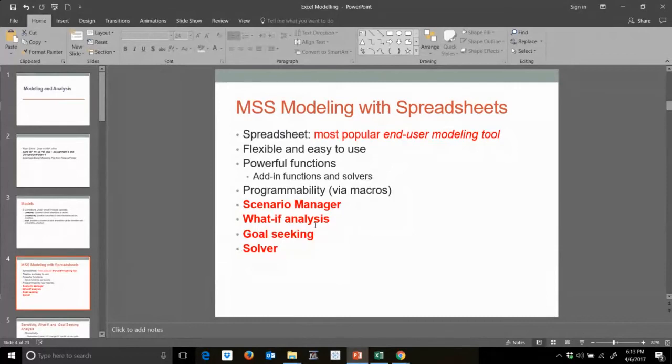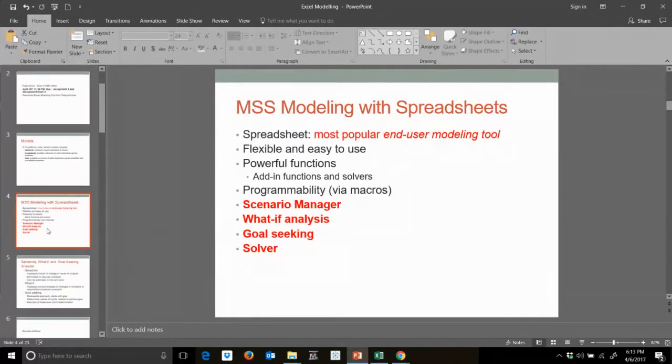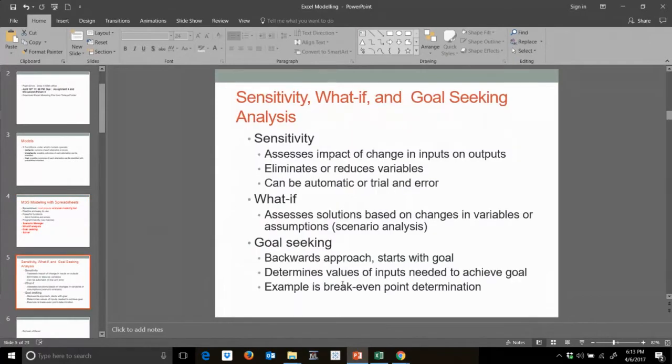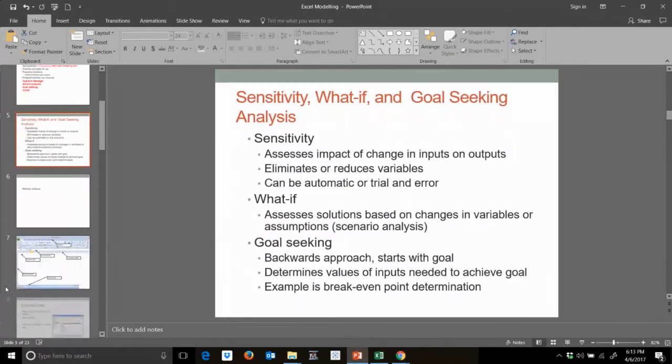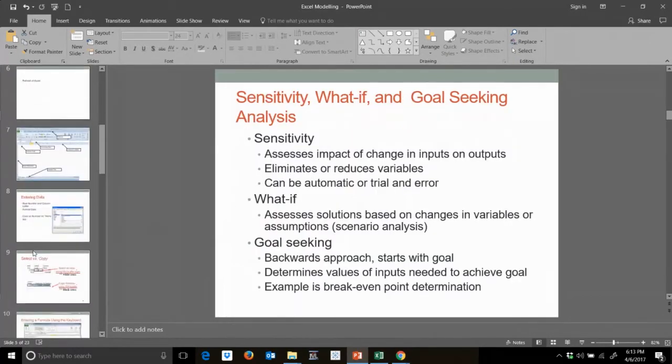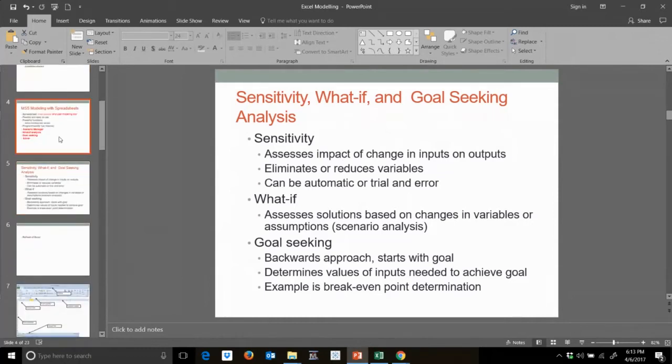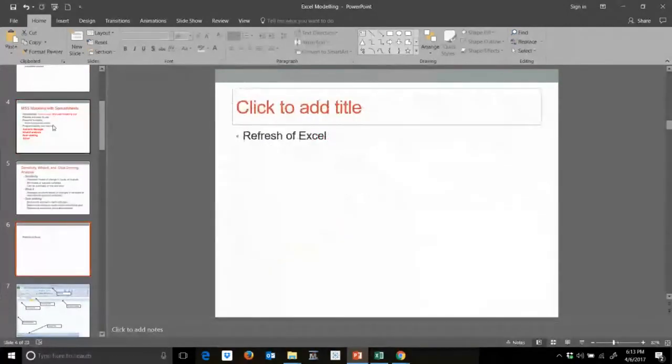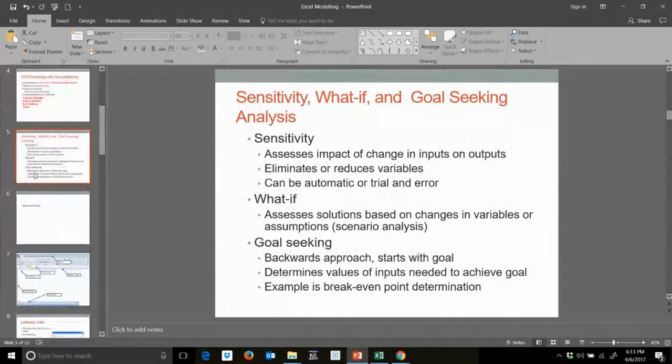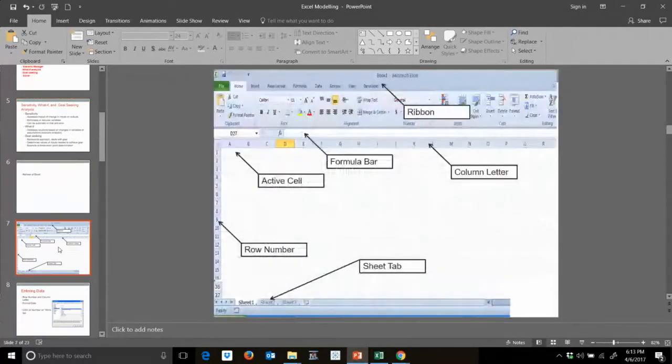So I'm going to expose you to three tools in spreadsheets: scenario manager, what-if analysis, and goal seek. Those are the three things I will touch upon. Some of you have some background in Excel, some of you do not, so let me give you a quick refresher of Excel, and then we will start talking about those three